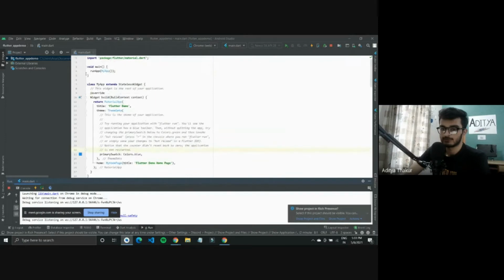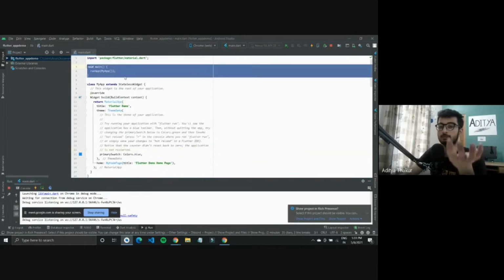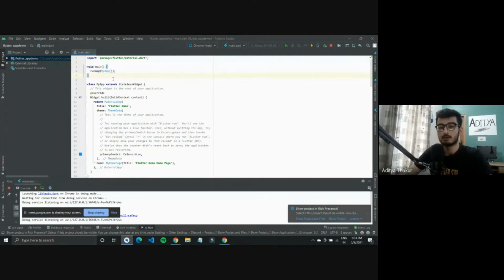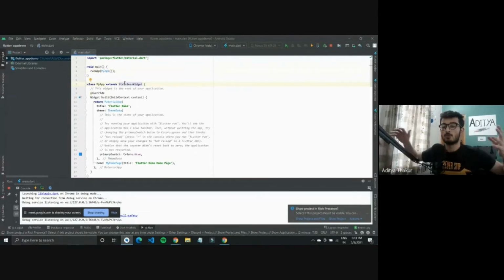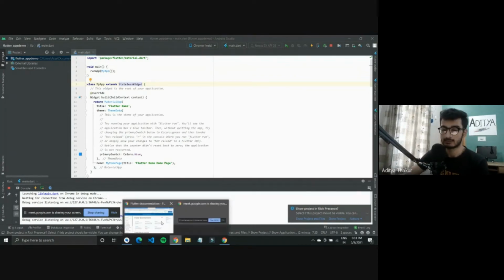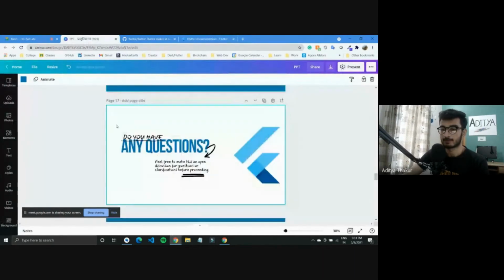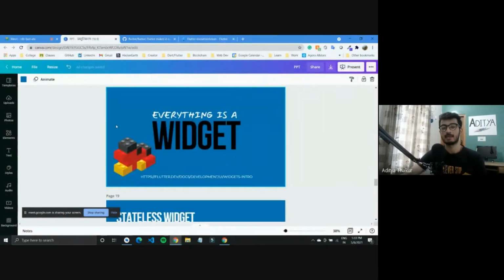Initially, when you create a new Flutter project, it has a void main function. The main function is the first function inside the project that gets the control from the CPU. This main function runs the app, and this MyApp is a stateless widget. So what are these widgets? You can think of widgets as Lego blocks. In Flutter applications, everything that you see is a widget, which is a very simple concept. Widgets are these small Lego blocks.